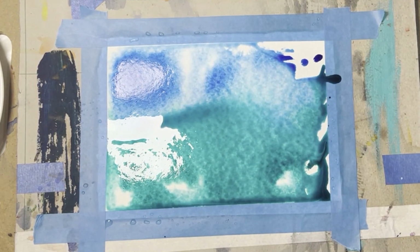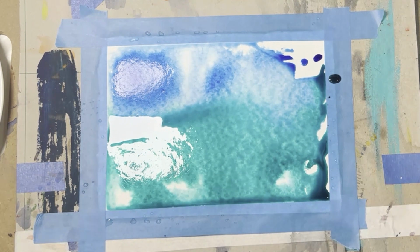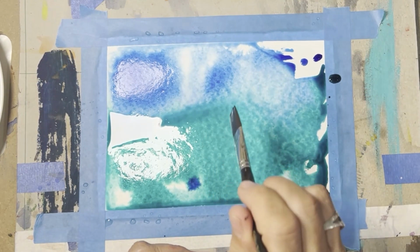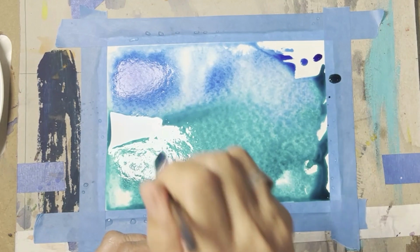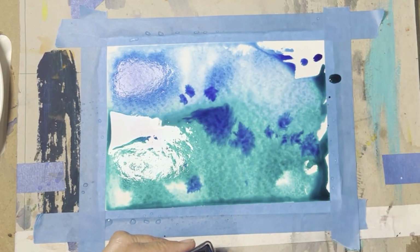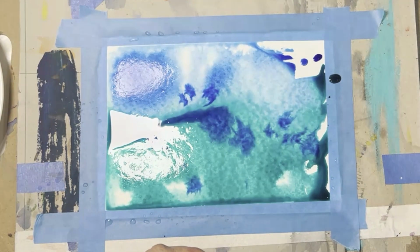And then maybe just drop some more blue into it. I'm going to use two colours. If you're a novice at this, you get quite excited. You want to use all the colours. You're better off being limited. So I often say just limit it to a cool colour palette or a warm colour palette. And while that's quite wet,